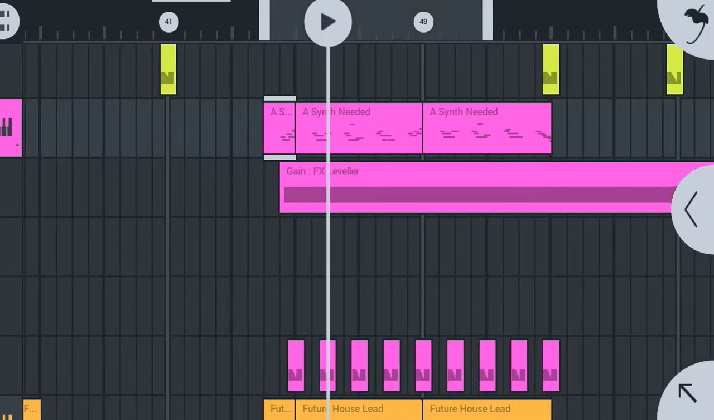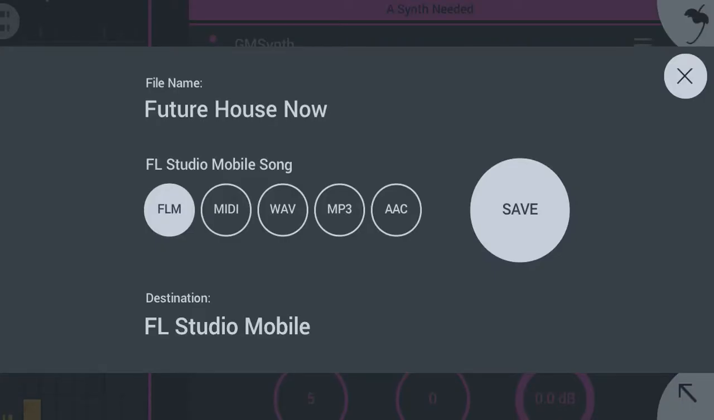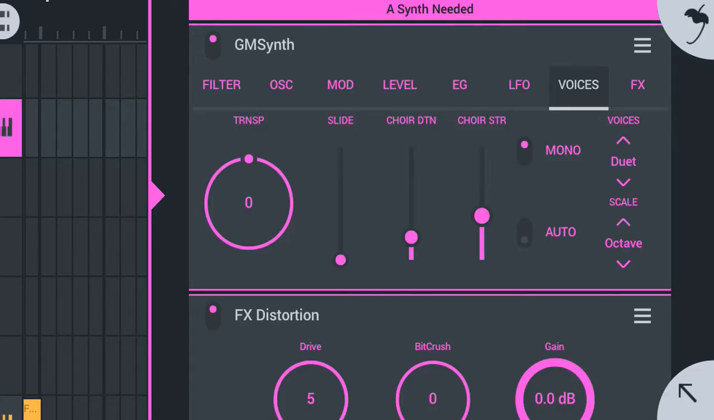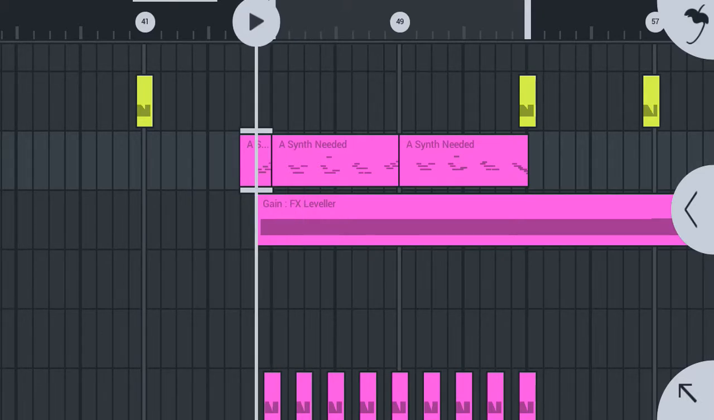Now that I have this done, I'm actually going to save the project file real quick. Save as Future House 333, just so I know that this is the file I'm working on and I don't overwrite the other one that had everything before this, just in case I mess something up and I need to go back. Now what I can do here